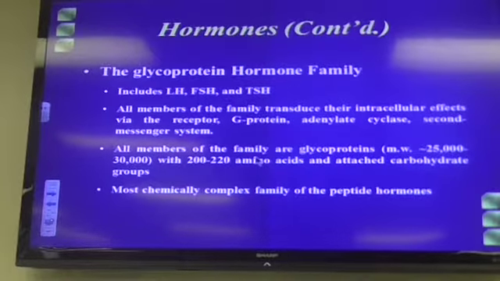Okay. Now, they basically again are from 25,000 to 30,000 in size, which is not really that big for most hormones. Actually, they're smaller than albumin, so what are some of the ways we get them out of the blood? They're excreted through the kidney, excreted through the liver, and proteases break them down. Okay. Now, basically, they're the most chemically complex family of peptide hormones. In other words, they have a lot of different structure as far as amino acid